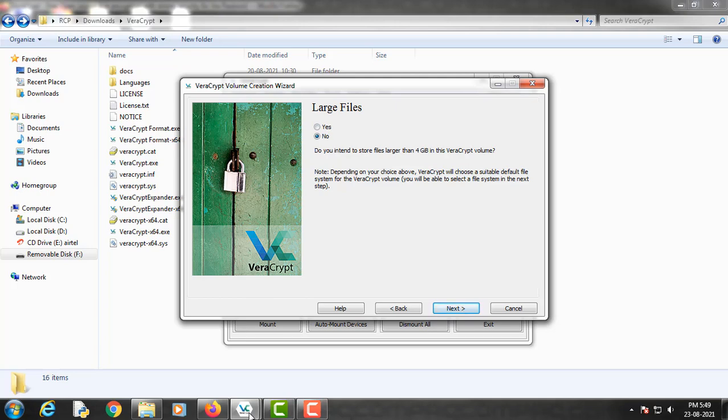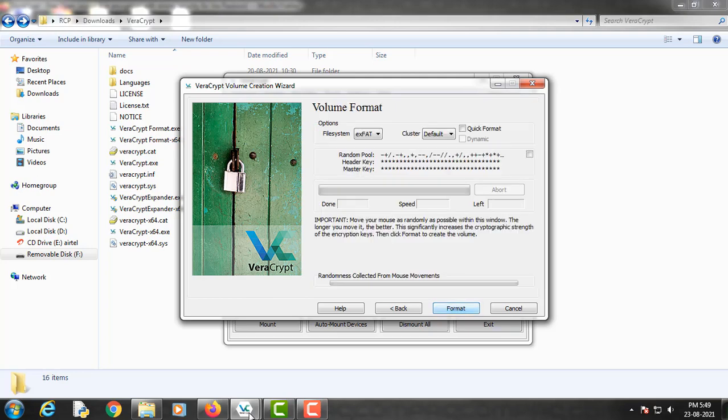Now, do you intend to store files larger than 4 GB on this VeraCrypt volume? Yes. Click next. Now we have to randomize this. We have to increase the randomness by moving the mouse cursor over this screen.